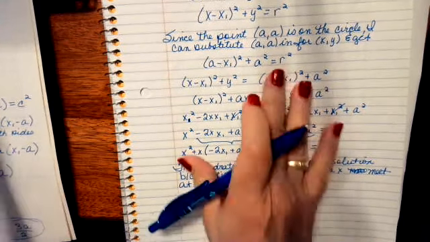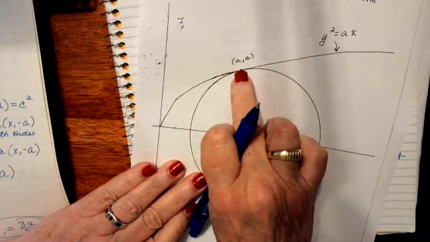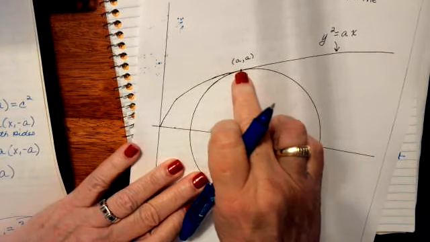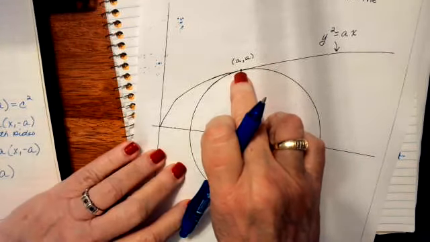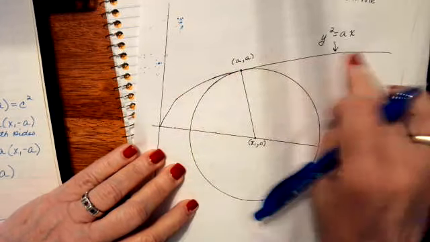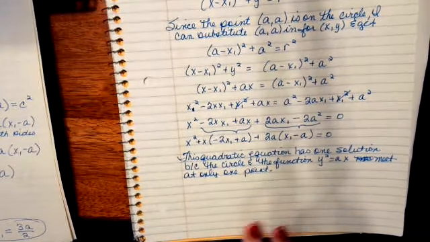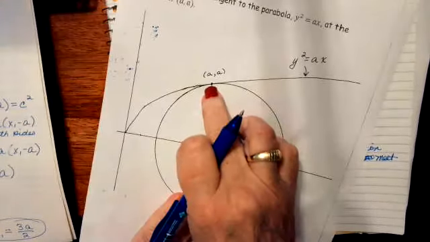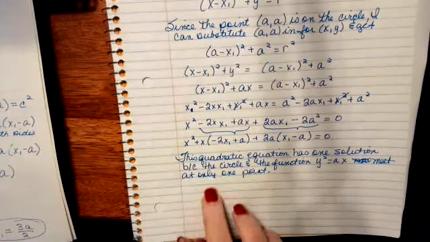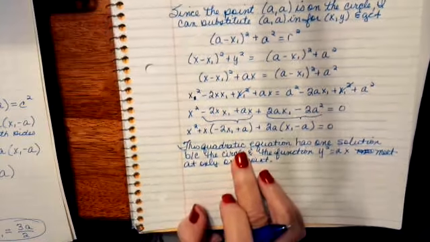Okay, when we set those two equal to each other, we're looking at that particular point right there, where it can be represented on the circle and on the function. Set them equal to each other. Well, there's only one point where those two equal each other. Okay. All right. So which means the quadratic equation only has one solution,